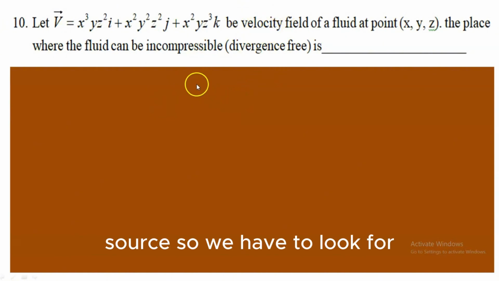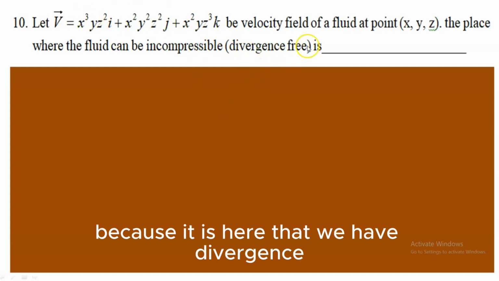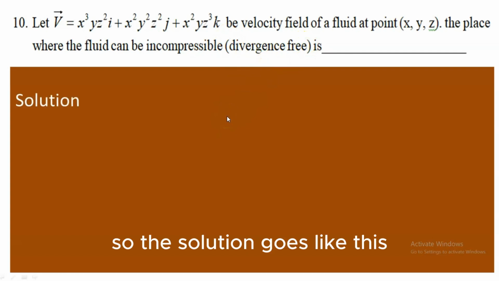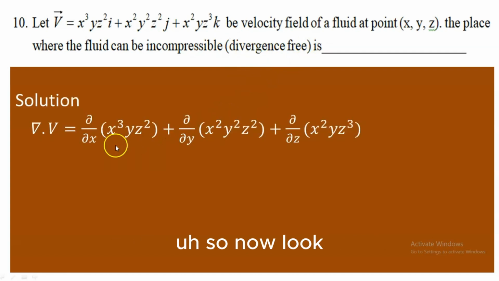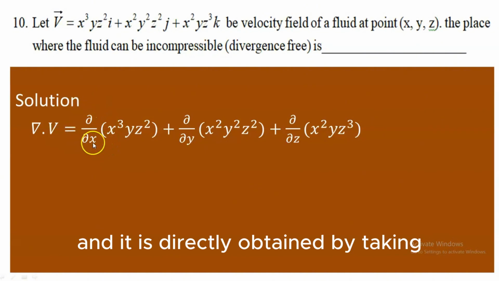So we have to look for the place where the divergence of this is going to be 0, because it is here that we have the divergence free condition. So the solution goes like this. Now look, the divergence of this velocity field is calculated, and it is directly obtained by taking the partial